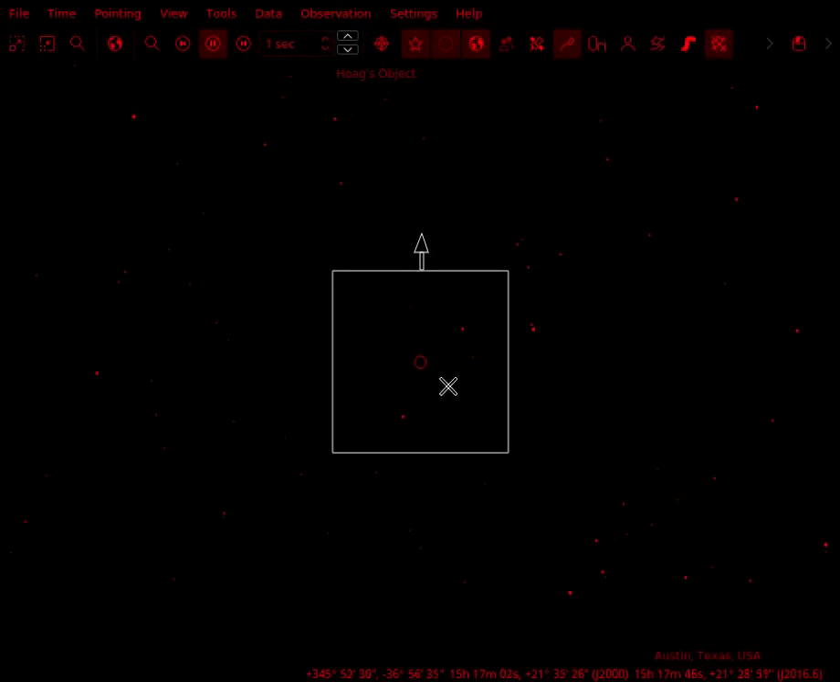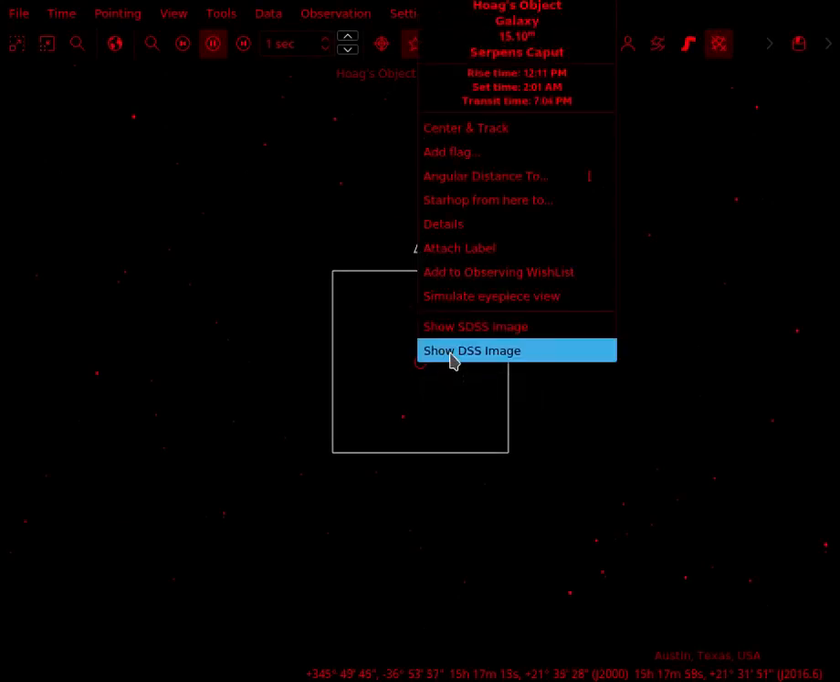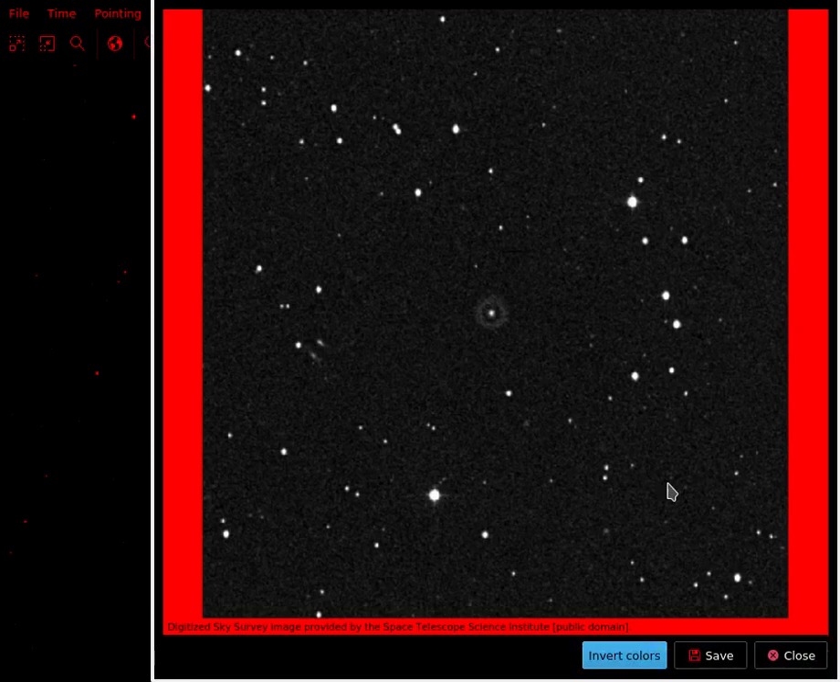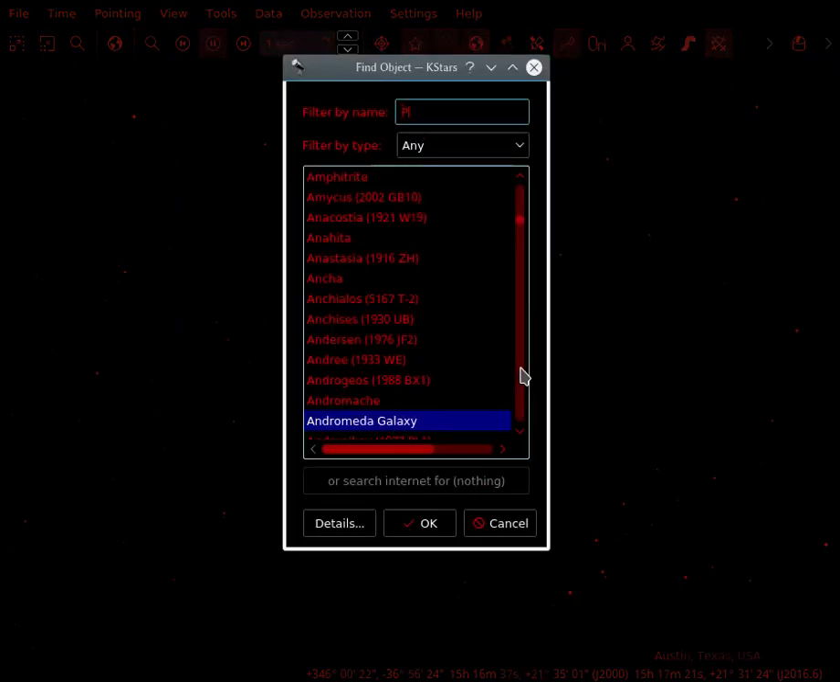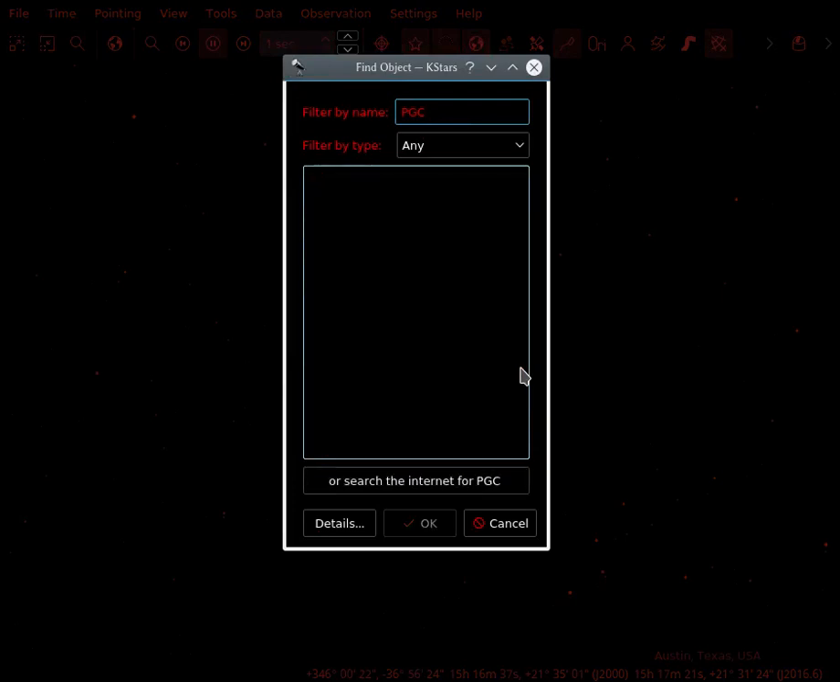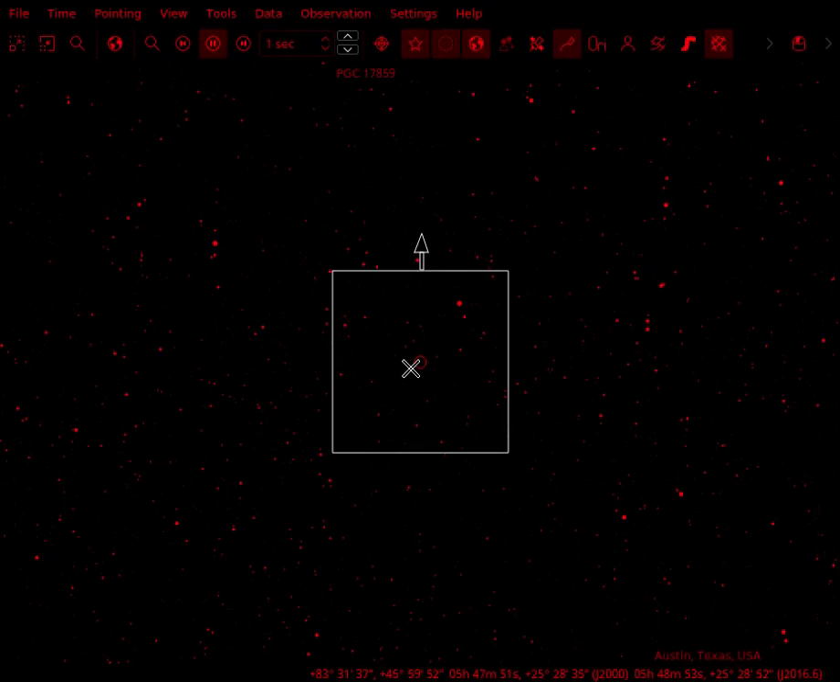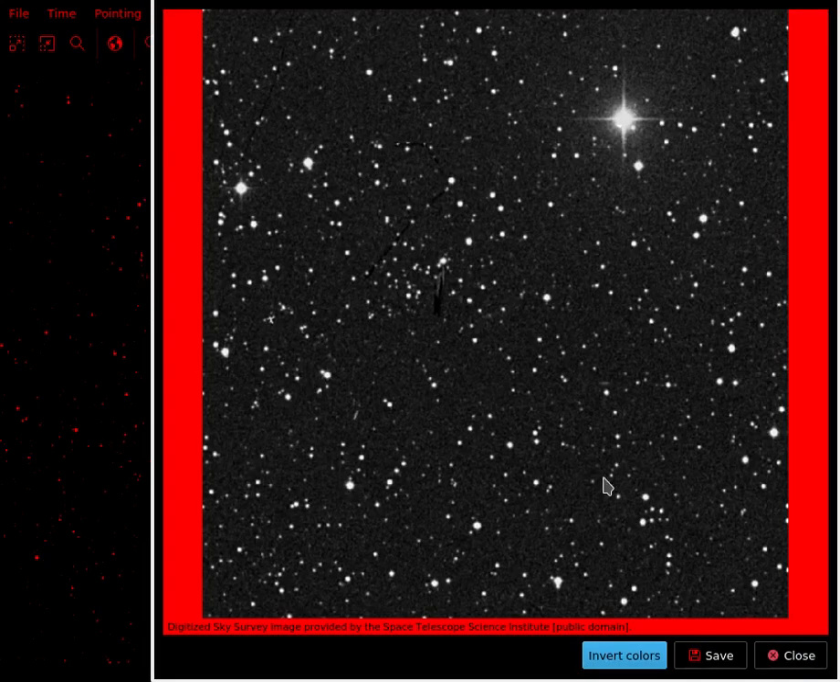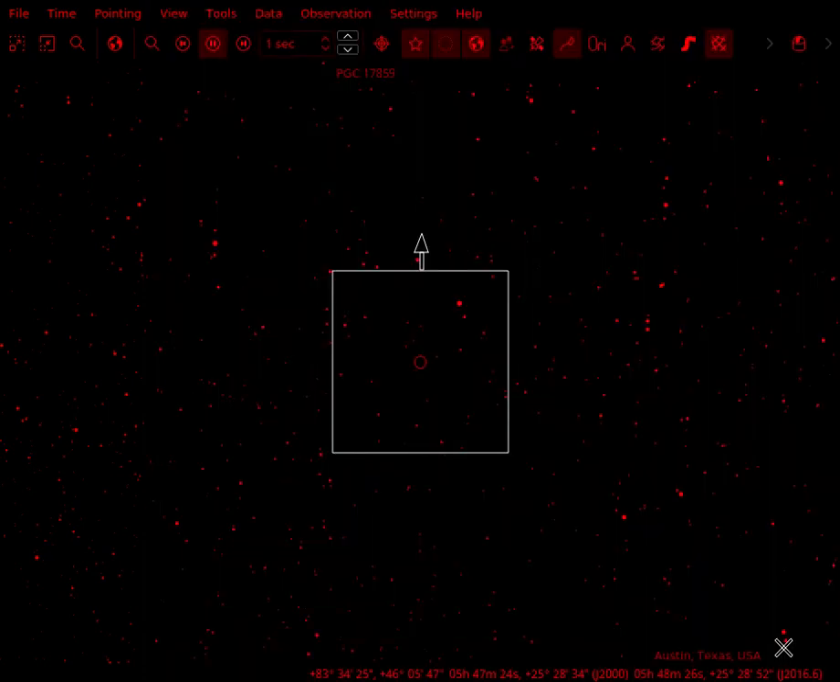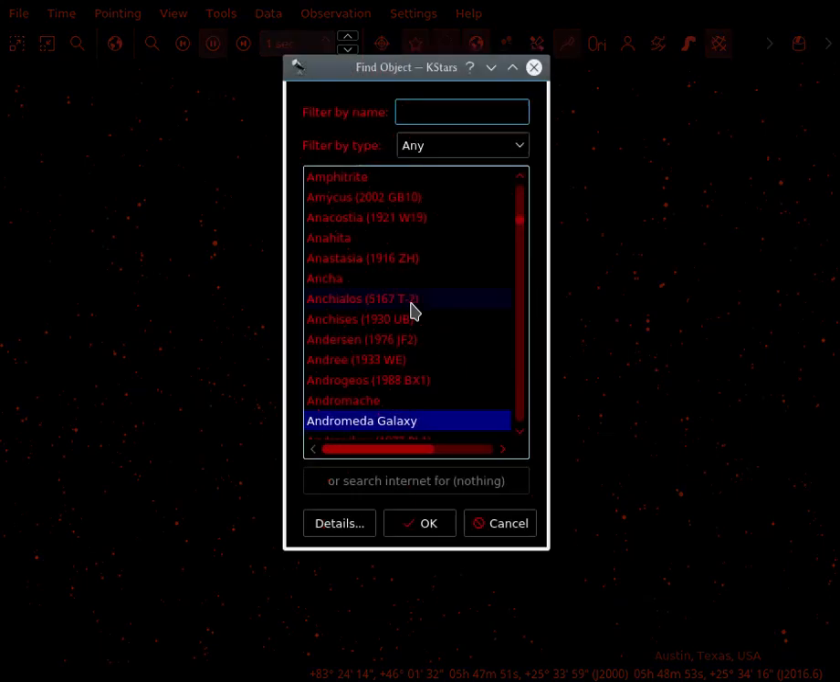So let's do a few more examples. There's HUAG's object, which again KStars did not know about, but I could just pull up. So you could also do this for catalogs that KStars doesn't know about. I'm just trying some random PGC number, and let's see if it goes. Yeah, okay, there it is. I don't know if that's a real galaxy. Anyway, so